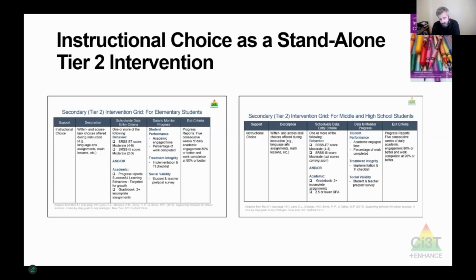Now, you might be able to look at a grid like this and say, hey, I want to do that for a student. That wouldn't necessarily give you everything you need to go and implement it, but you definitely have people in your school that you could connect with to help you implement interventions like this. And by coming to a session like this tonight, hopefully this is going to give you the initial comfortability to be like, hey, I could give this a shot with a student.